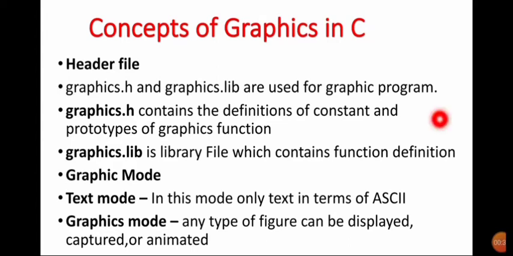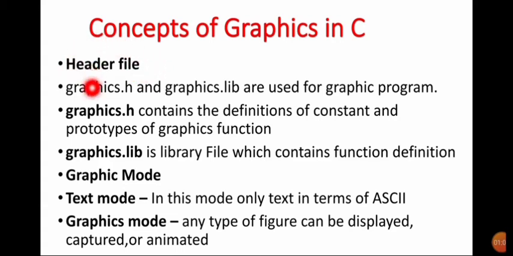Here, in programming, we are going to use some concepts to write a program in C. Basically, what is meant by graphics? By using graphics mode in C language, you can draw a picture, that means a pixel, a circle, a square. All kinds of pictures can be drawn by using graphics in C. So here you have to use certain points.